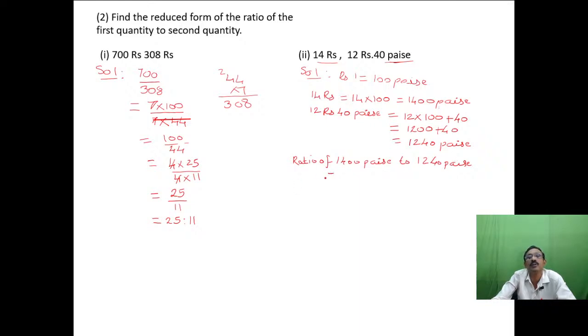This is equal to. Let us write the ratio for this. So when we are writing the ratio for this, we are going to write